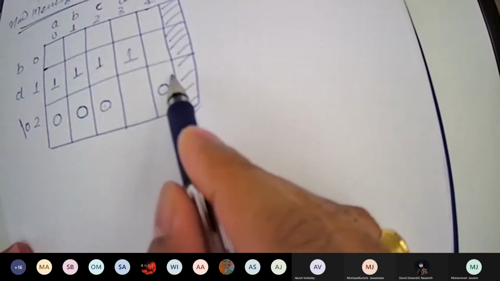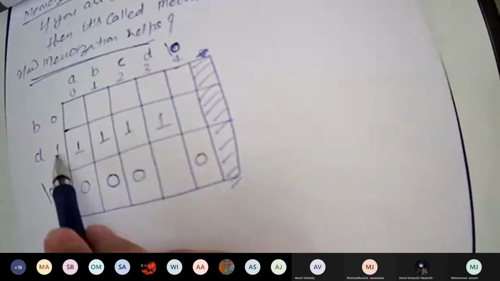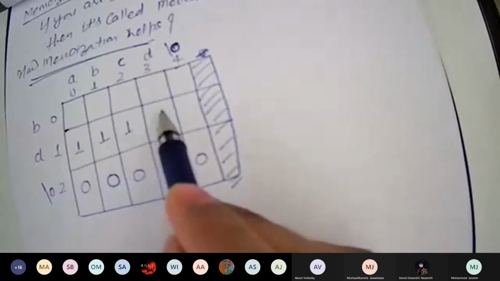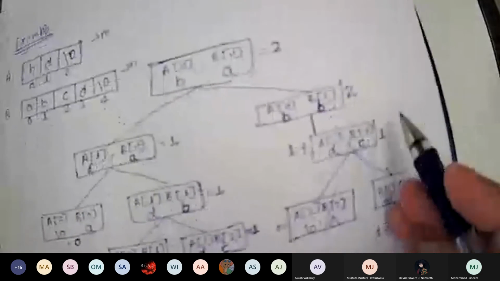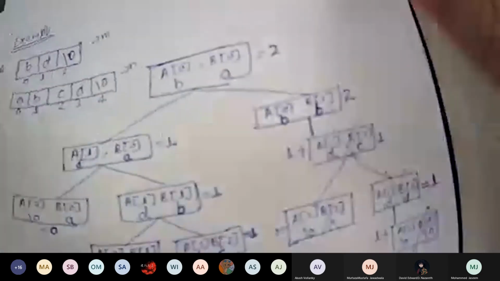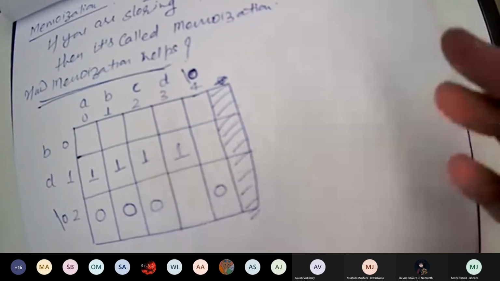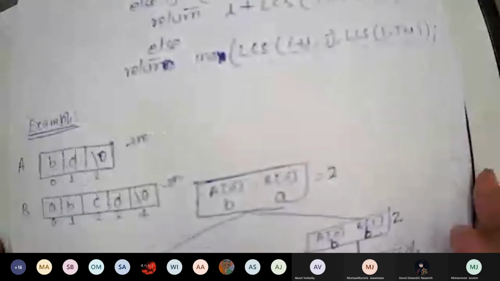You have already saved that value, so why calculate it again? Then you calculated A13, that is 1, but you have already calculated 1 and 3. So there is no need to calculate that value. Then you calculated A12, which also you have already calculated, so no need to calculate it.